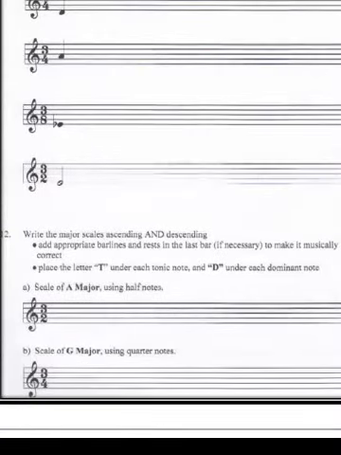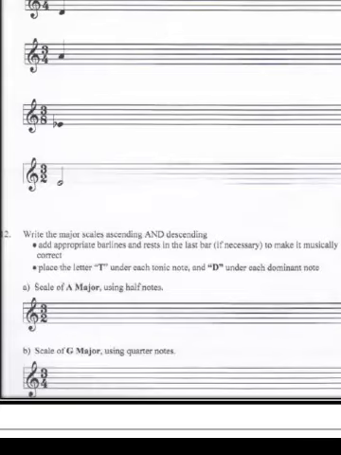Number 12, write the major scales ascending and descending. Add appropriate bar lines and rests in the last measure if necessary to make it musically correct. And place the letter T under each tonic note and D under each dominant note. Remember that the 8th note is also the tonic, so your last note is also going to have a T